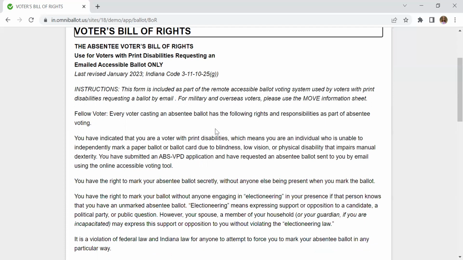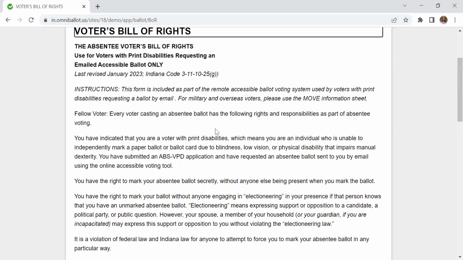You have submitted an ABS-VPD application and have requested an absentee ballot sent to you by email using the online accessible voting tool.